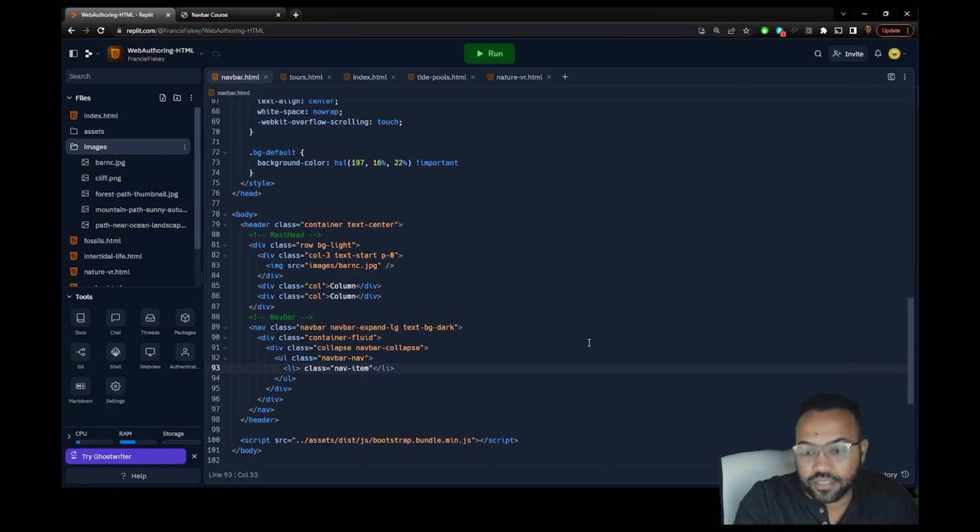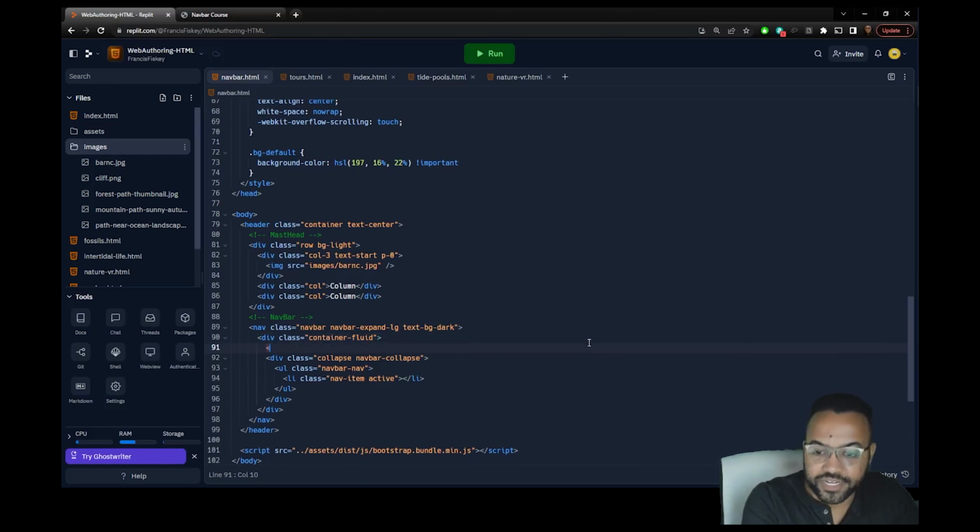I'm just going to say list, I didn't put that in the right spot. There we go. Nav item, I'm going to say active. Now the reason why I'm saying active is because I want this specific... sorry, I missed one thing. I said I wanted to put a large item there. So we're going to say a tag class. We're going to brand the navbar brand. This is going to give us that big nav link in the beginning. And we're just going to say,